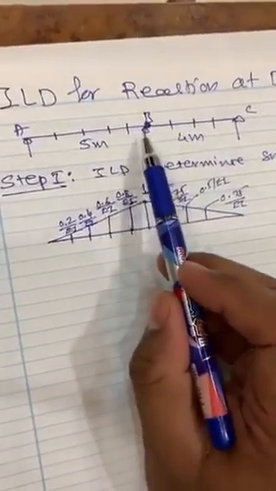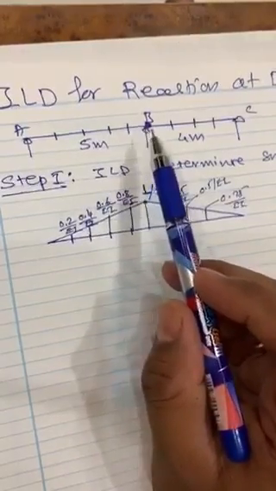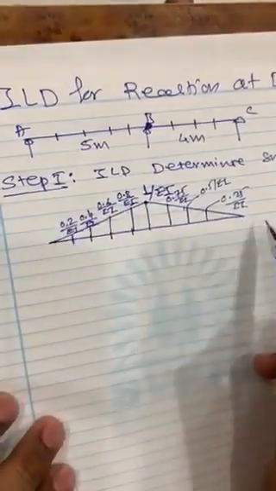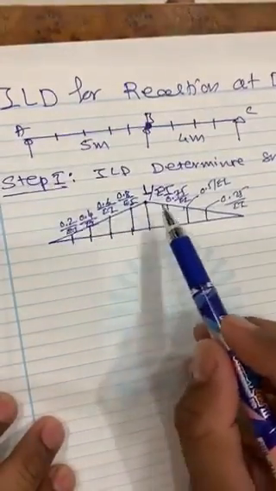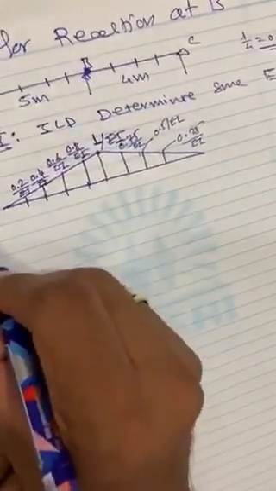How do you get the determinate displacement? We provide a hinge and make this indeterminate structure a determinate one, and we pull it by 1. That way you get the ILD of the determinate structure, and divide it by EI to get the determinate displacement. That is step 1. What is step 2?